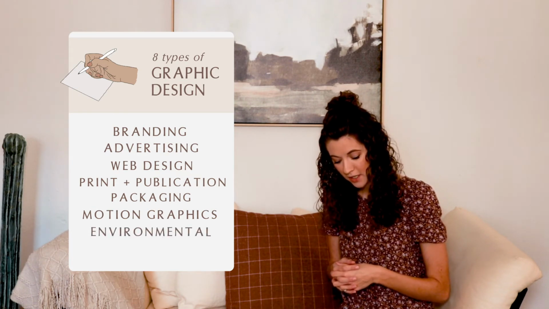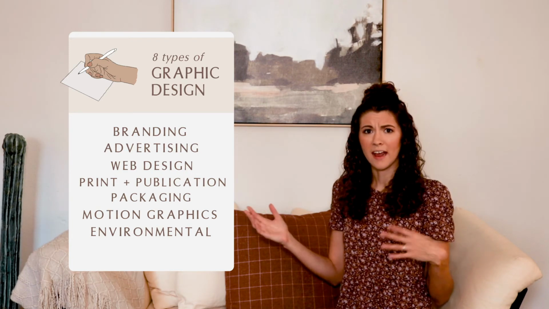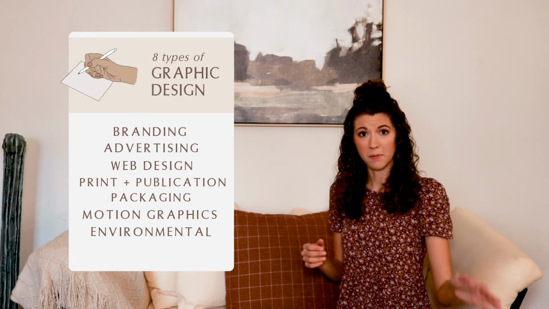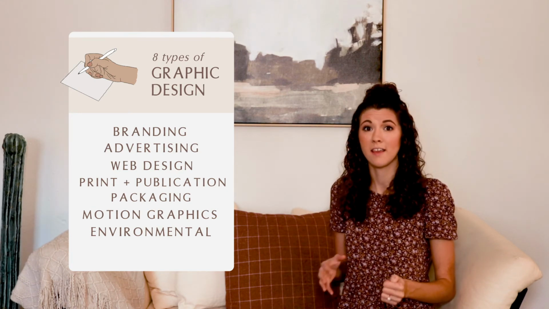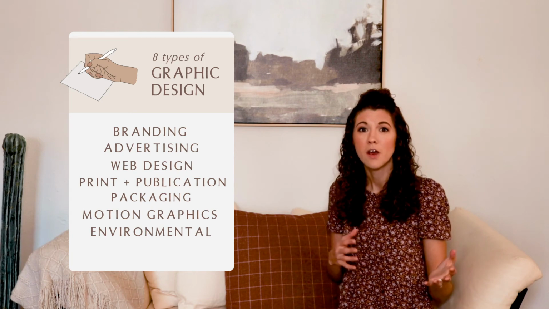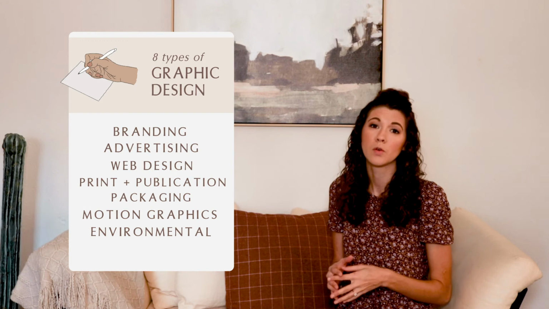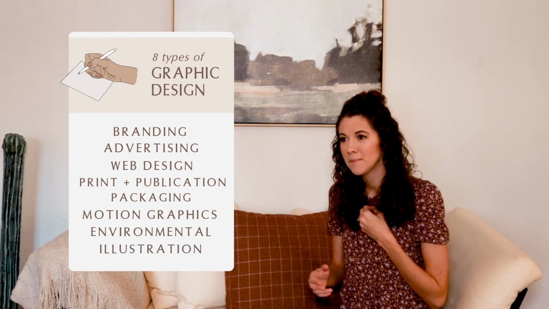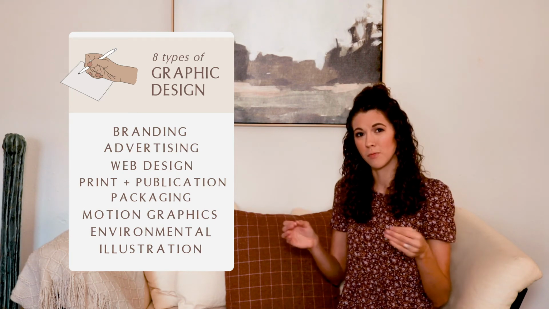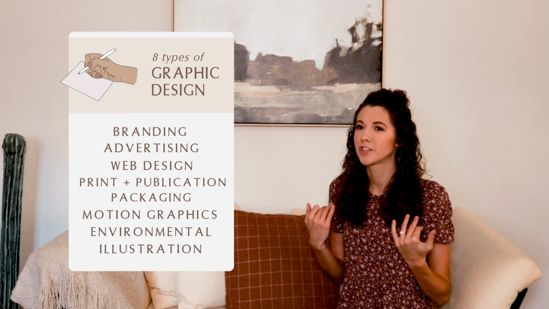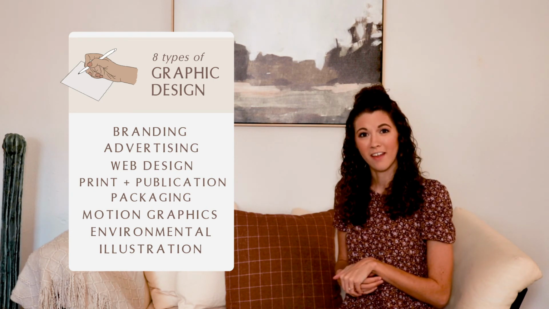And then environmental and tactual design. These are going to be things that we see every day that add to our environment. So billboards, if you see a billboard, if you see a sign for a business, if you see a road sign, anything like that that you would interact with day to day, that's going to be environmental and tactual design. And then the final type of design is going to be illustration. I typically separate illustration from design in my head because there's so much that can go into illustration, but illustration is usually incorporated into design, and a lot of times people do consider that the 8th option.